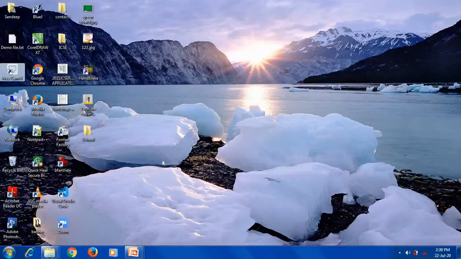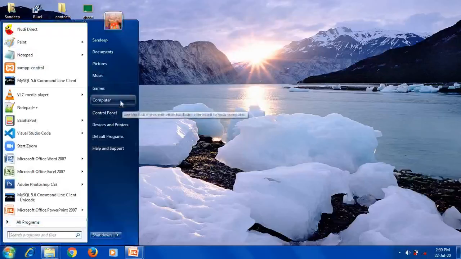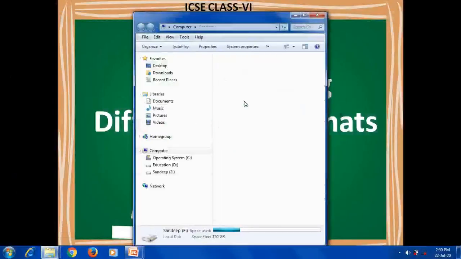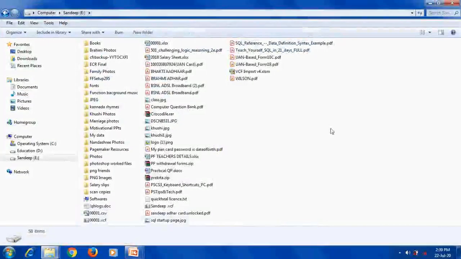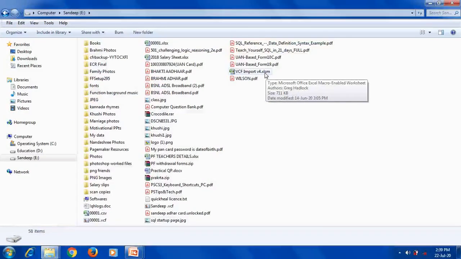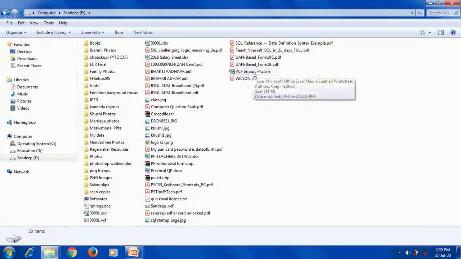See, in my system I'll open one drive. See now, this file is XLS. So this is the extension. XLS is the extension, so this is an Excel file. XLSM, actually, this is for saving contacts. This file has been prepared. Next is this PDF file, so .pdf is given. This is a zip folder.